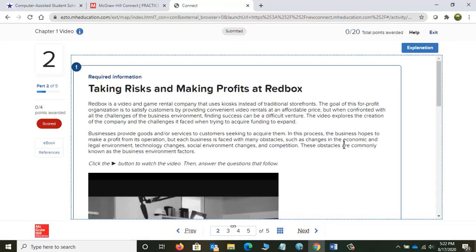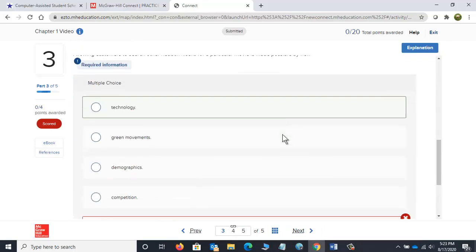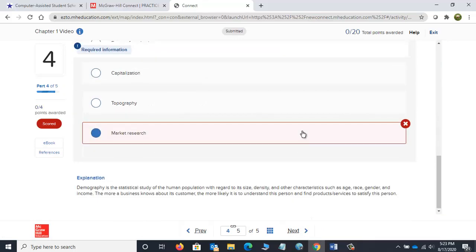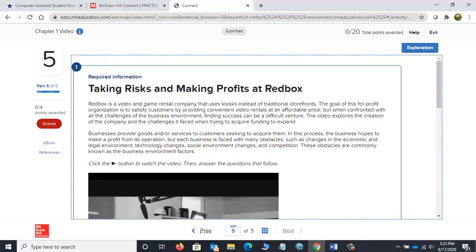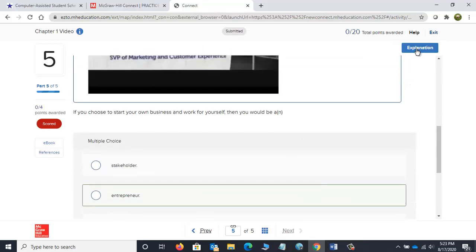Remember, next is how I get to the next question. Oh, I didn't do so well this time, but it is giving me those answers. Did I not get a single one right? Oh, I didn't, but you can see wrong answer and right answer. Okay. Explanation down here at the bottom gives me just a little bit more. Remember, this one I did not answer, but it gives me just a little bit more detail about why that was the correct answer. So that was by clicking explanation. Okay, so I've seen that,